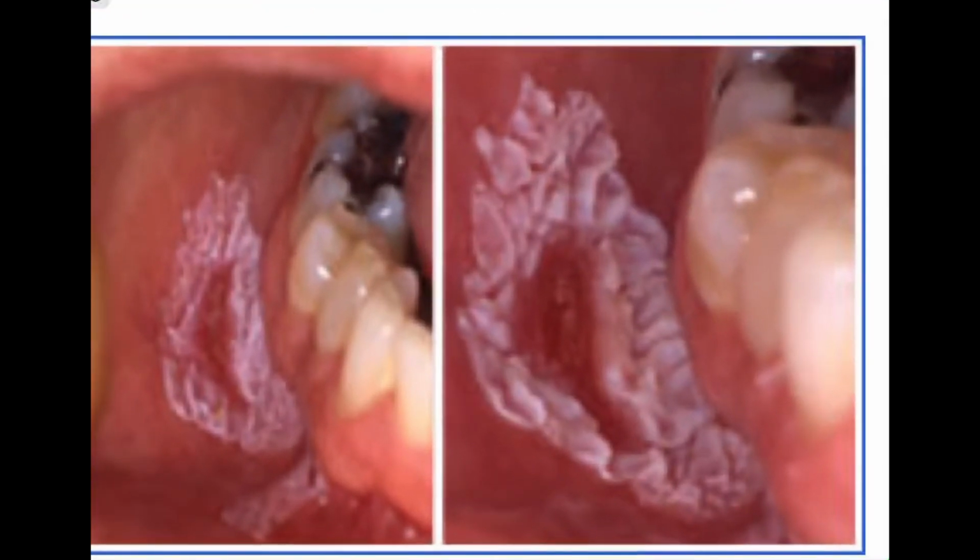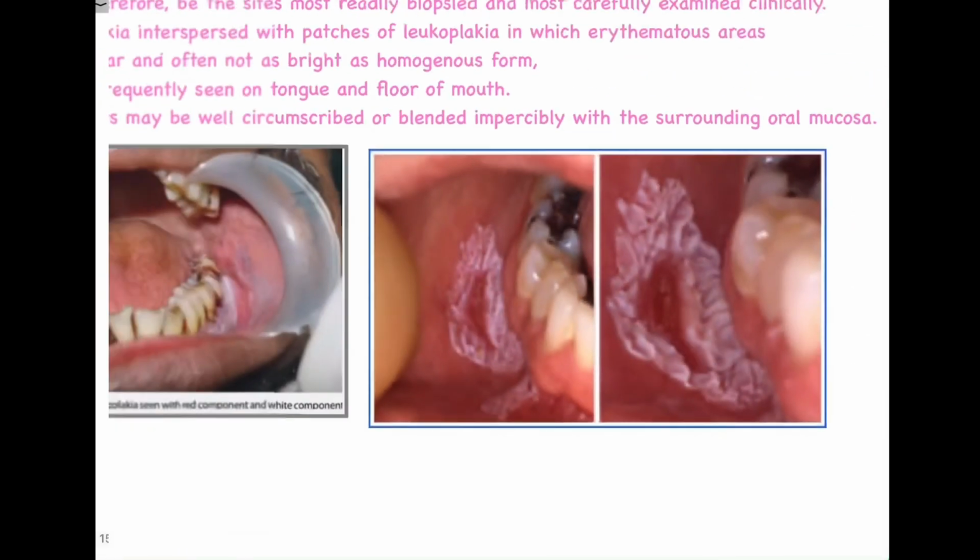Effortlessly they will blend with the surrounding mucosa, but usually in our clinics what we find is somewhat this kind of a lesion, wherein the core is formed by the red component, that is of erythroplakia, and the surrounding area is largely the white component, that is the leukoplakia. And we know that leukoplakia has a typical cracked mud appearance. So in this lesion also you can very well appreciate the cracked mud appearance of leukoplakia, and in the core of it we have our erythroplakia.